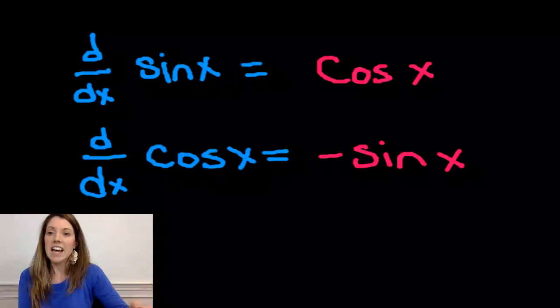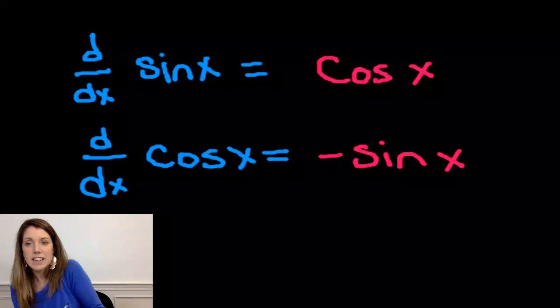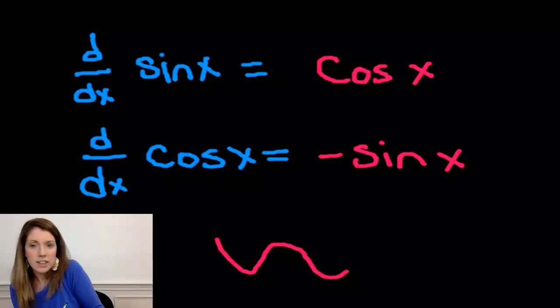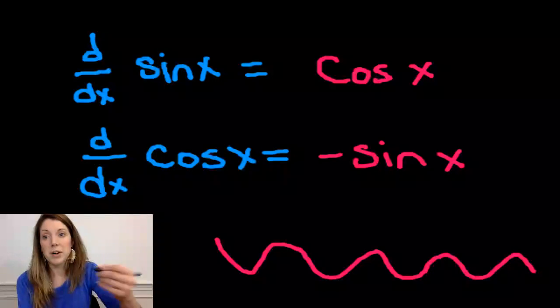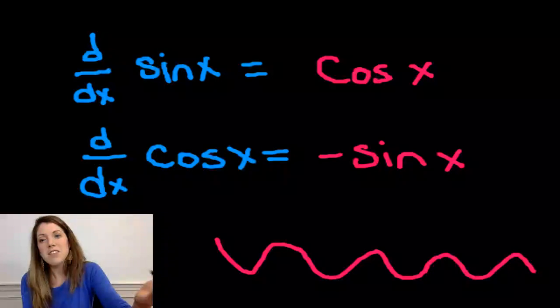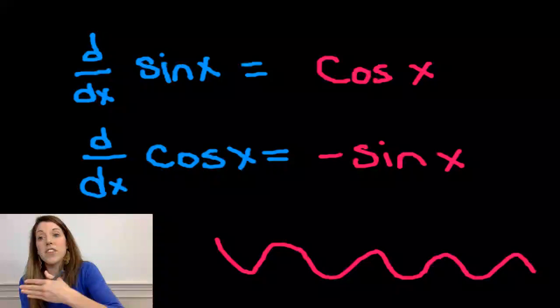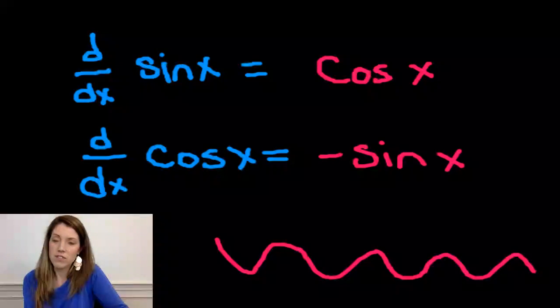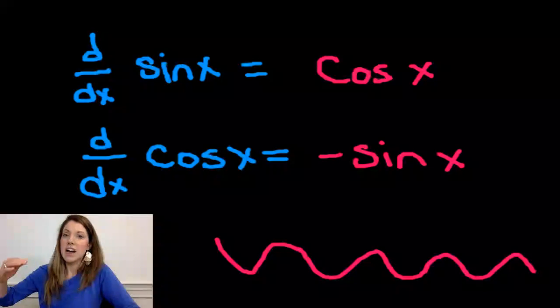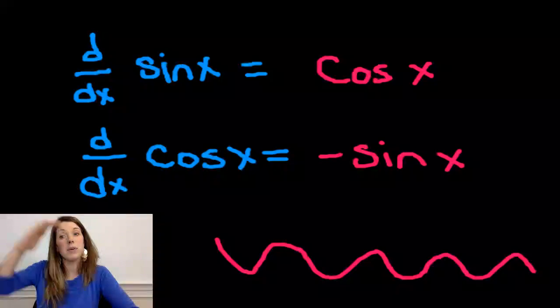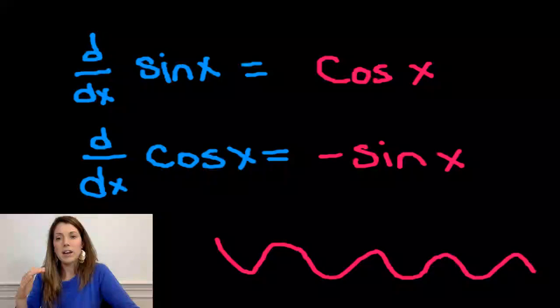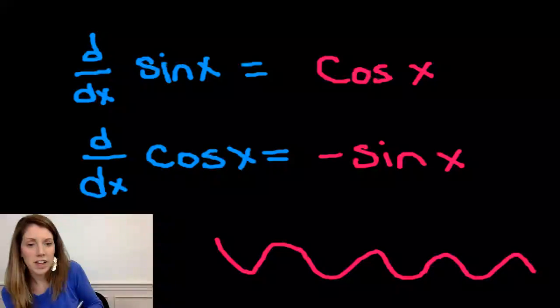And that's it. And actually, if you think about what the graph of cosine and sine look like, the fact that they're both just some kind of repeating periodic function, it kind of makes sense when you think that the slope of the sine function is the cosine function. Since everywhere that the sine function has a slope of 0, the cosine function has a position of 0. So actually, hold that thought. Let's